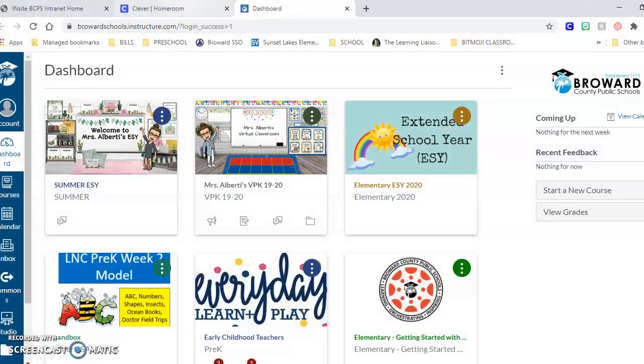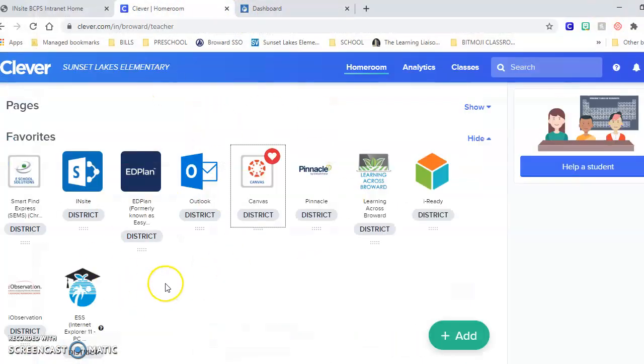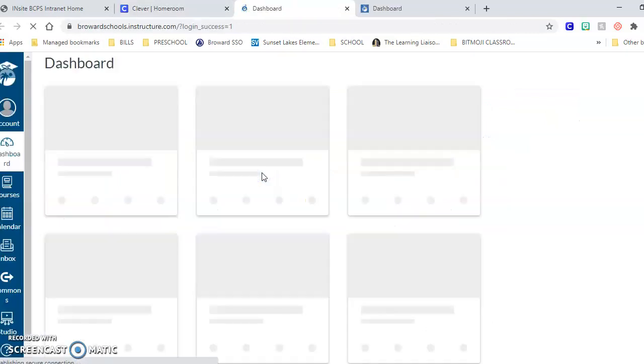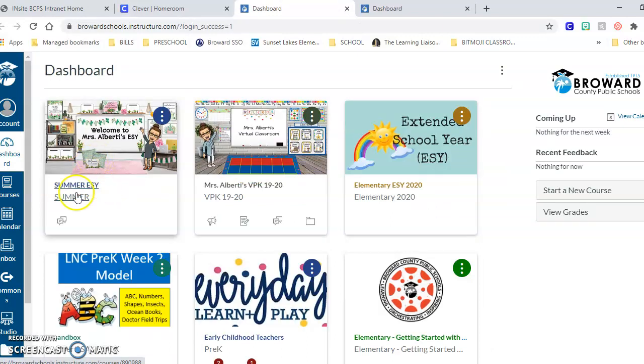Once you sign in, you come to a page like this. Mine looks a little different because this is a teacher account, but you should all have Canvas on your page. And when you open that, you will see an invitation, hopefully, that asks if you want to be in my summer sandbox, which would be this course right here. And if we open this course,